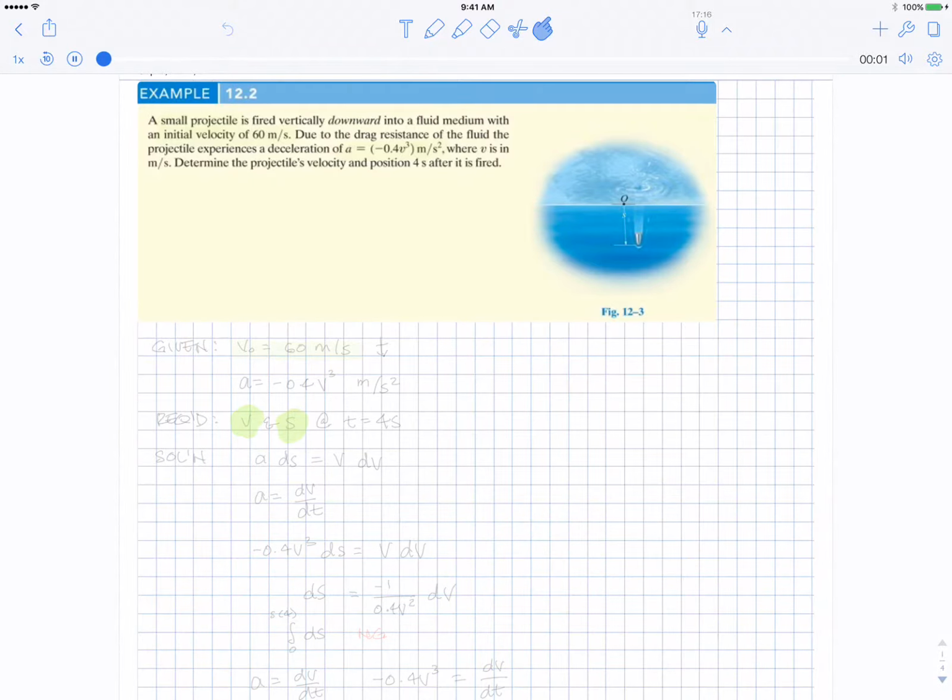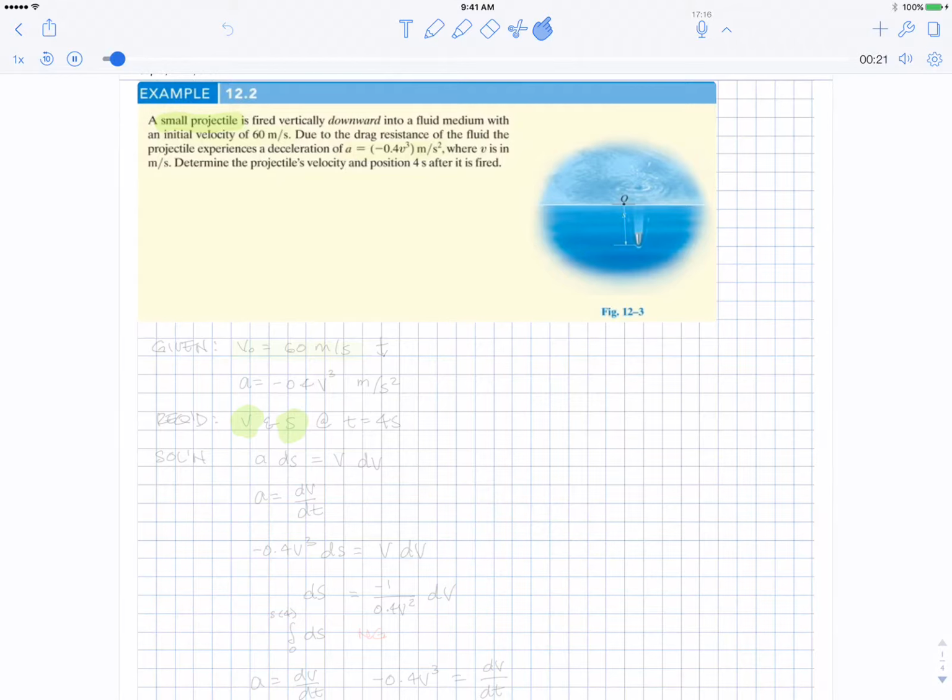So here we are for example 12.2. This is the one I didn't quite finish in class. So let's again look over the given. So a small projectile, so that's important. It means we can use particle kinematics. But really, we had to do that because this is chapter 12 and you haven't learned rigid body